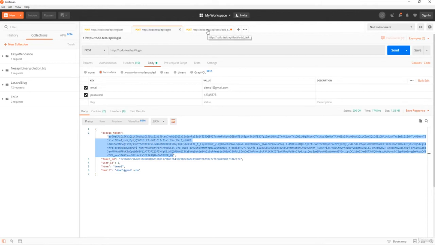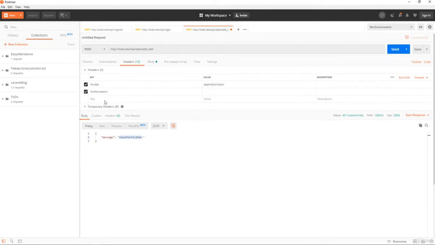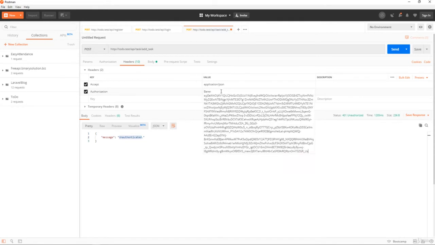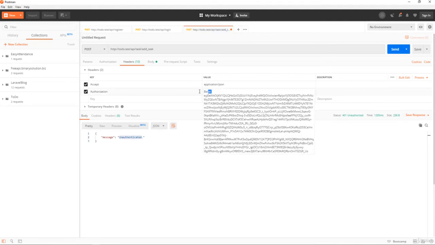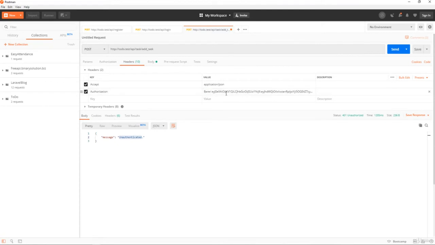So I'll take this token and go to authorization. I need to pass Bearer, and I think I spelled it incorrectly, so let me make it correct.